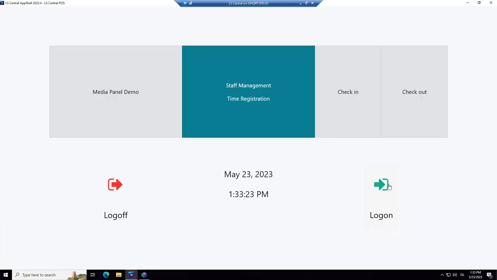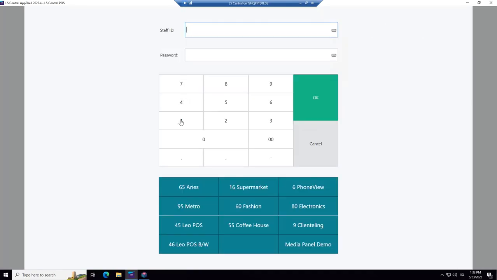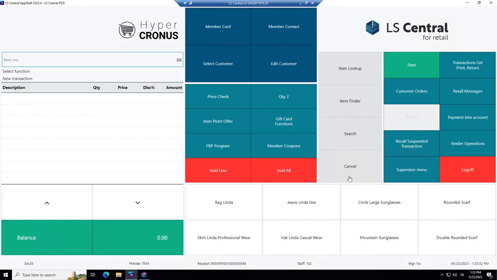Let's look at the other guy we were looking at, guy 102, and OK. Key it in manually. And now what happened? There is manager no. You can see that in the status line. And now we see who is the guy logged in. Why is this button here grayed out? Because he's not allowed to do a refund sale.